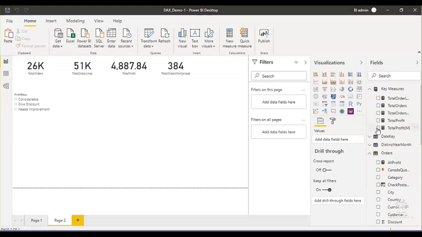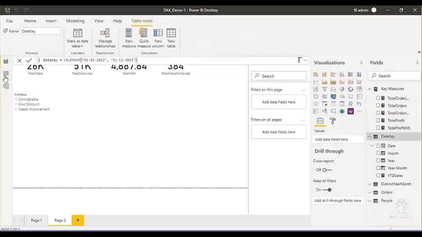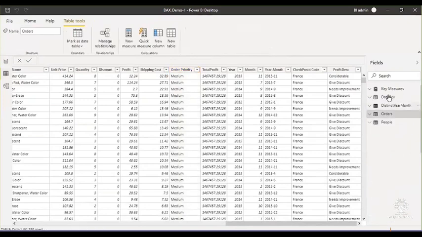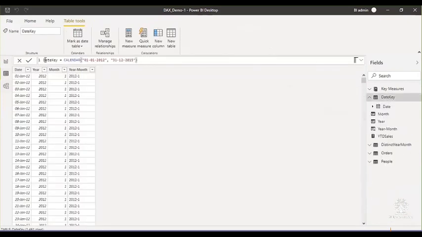Although we created one date table in the last session also, here you see a calendar table, the same one we are going to use, but we will make some changes. This table has data from 1st Jan 2012 to 31st December 2015. These are hard-coded dates, but what happens when you have data for 2016? Your table will not have the data for 2016. That's why this approach is not good. Instead of hard-coded values, we have to create a dynamic date table.